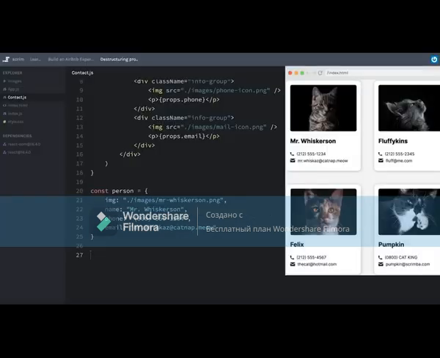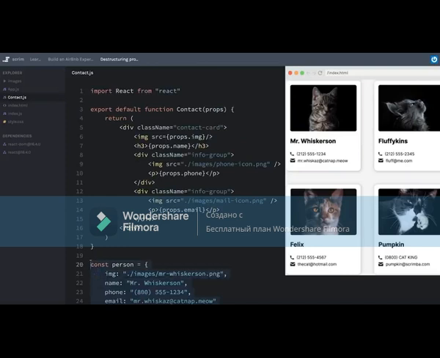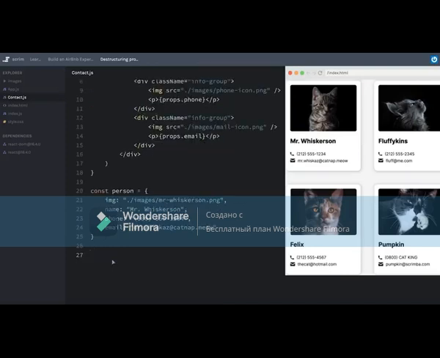At this point in the course, you should be somewhat familiar with the concept of object destructuring. However, just in case, we'll do a quick recap. Say I have an object called person. In ES6 and later, I can destructure the properties of that object in order to get simpler to use variable names. For example, if I wanted to log person.phone, I obviously could just use console log person.phone and everything would